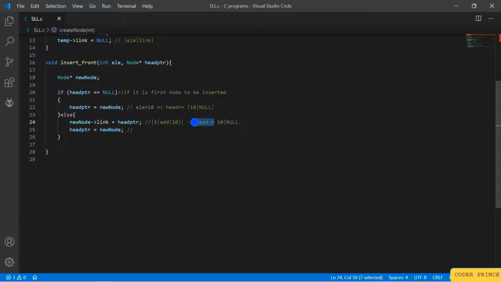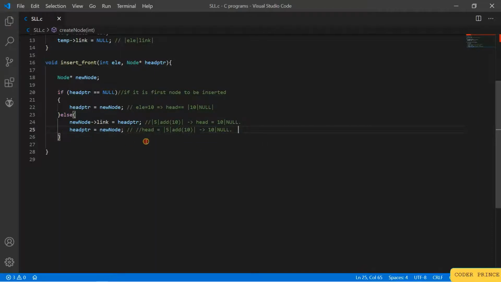In the next line we will just copy this and paste it over here. We will just change this head, now head becomes 5, the node with data 5, right? This will be the first node now. So I can just say head equal to 5, then this holds the data 10, and that's it.